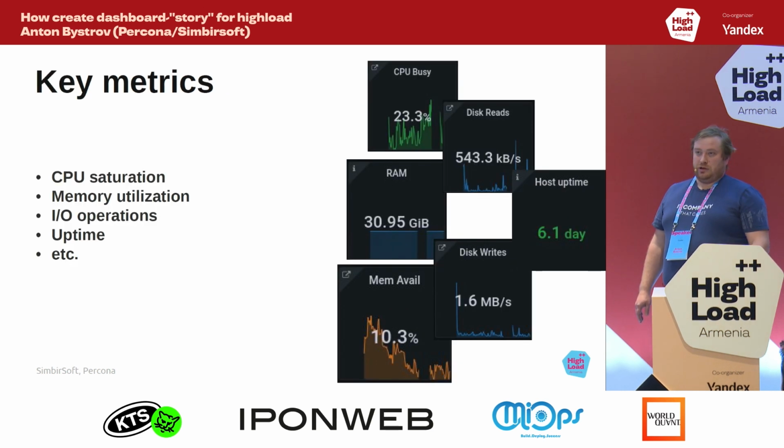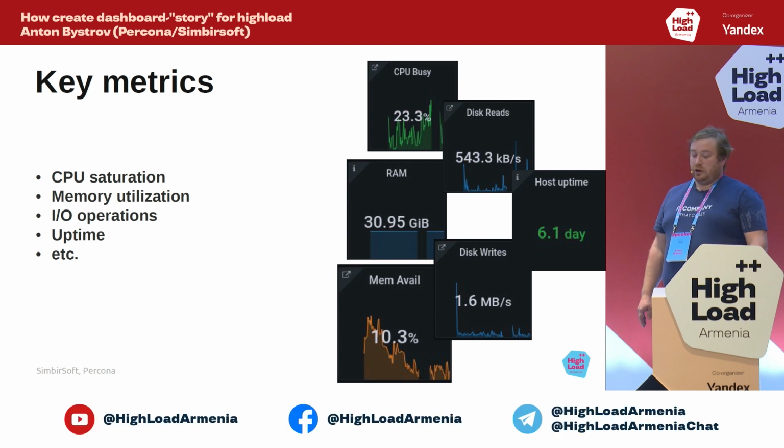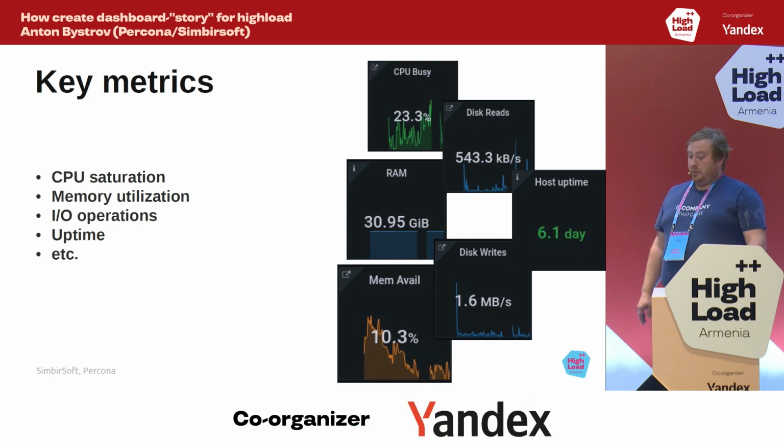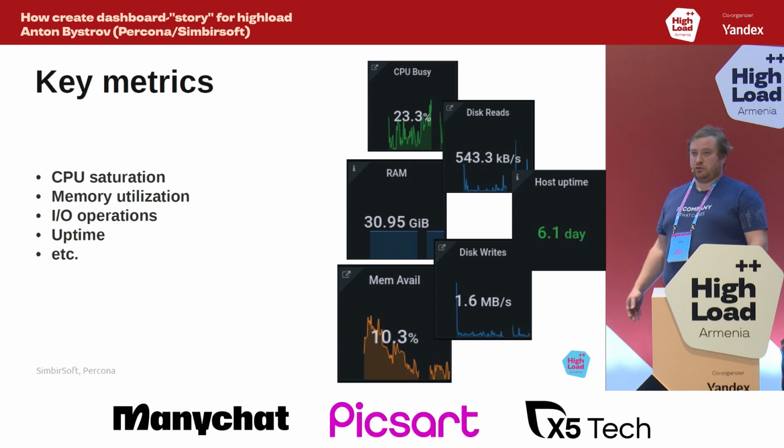What kind of metrics do we have? First, metrics about CPU busy. Second, about disk input output. Next, about host uptime and about memory. It looks like a complete set of metrics for understanding what's happening and what the status of our system is. Sounds good, but